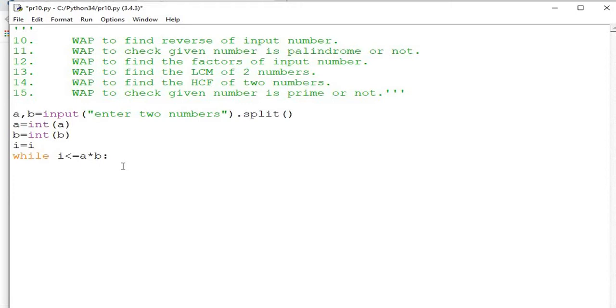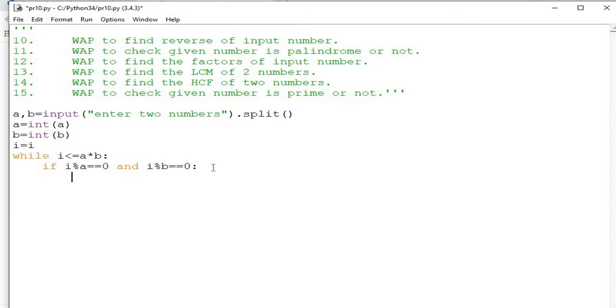Next, what will you check? If I modulus A equals 0, it means your number is completely divisible by A, and I modulus B equals 0, it means your number is completely divisible by B. So if the number is completely divisible by both A and B, it means it is the LCM.